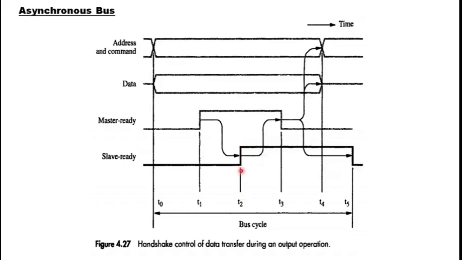So at T2 again slave ready is generated, and there can be some electrical delay. So that electrical delay is compensated between T3 and T2, and it is not until T3 that master gets to know that slave has stopped the data it had generated on the bus. So at T3 master is going to put down the master ready, but it is not going to change data as well as address and command information until time T4. Okay, further down the timeline.